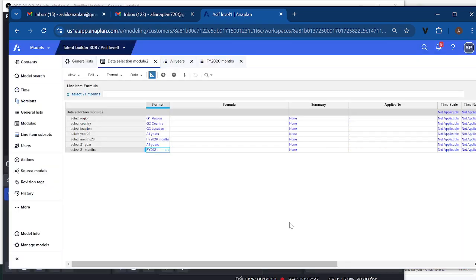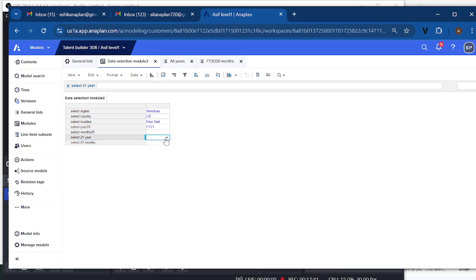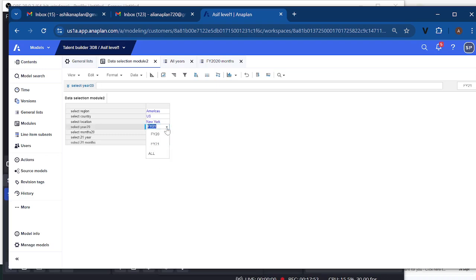So simply, whenever I enable FI 21 here, I will get only 21 months, correct? Yes. So here we need to check only FI 20. Then I will get the 20-related months here, and here I will get the 21. So how it is working means, basically we need to create one parent list formatted